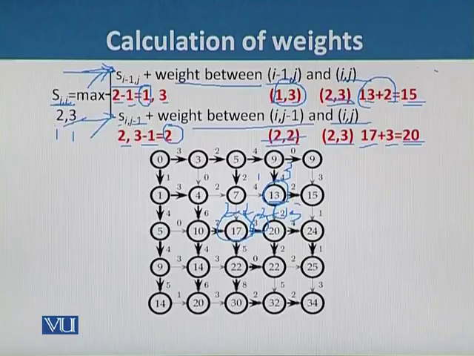So from these two values we will consider this value. It means the tourist has to move from the 2, 2 position to the 2, 3 position in order to have the maximum number of sightseeing places. We can also see the bold arrow in this direction, and there is no bold arrow here. So the path of the tourist will be from this direction to this direction.